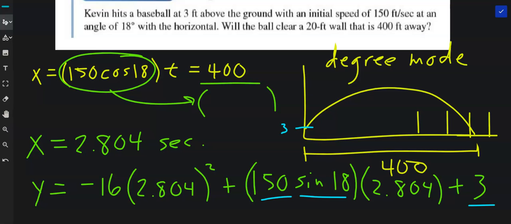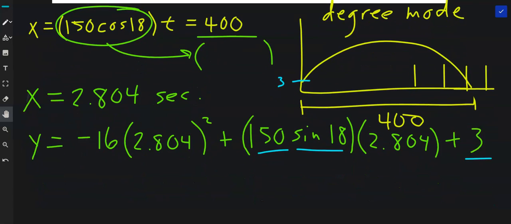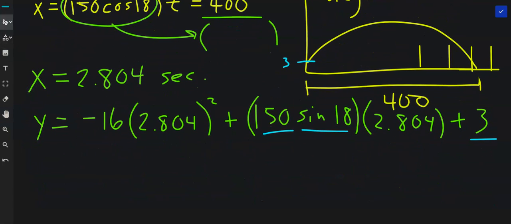So use your calculator to find out how high off the ground it is. At 2.804 seconds, I want to know how high off the ground this thing is. Compare with your neighbors to see what they got. Around the room and check the people here. You guys at home in the chat,